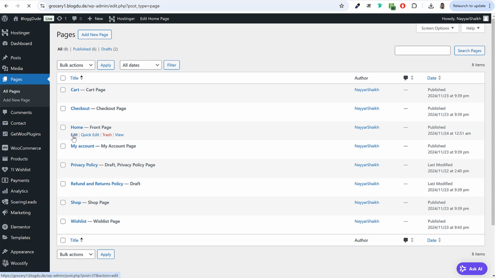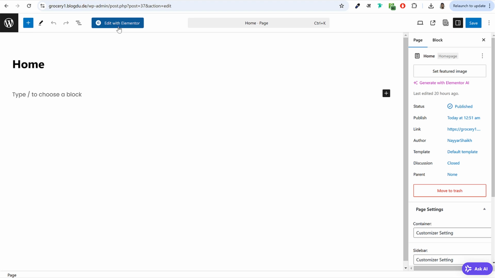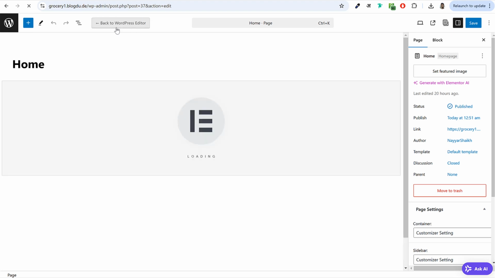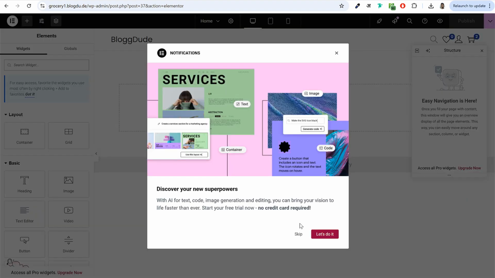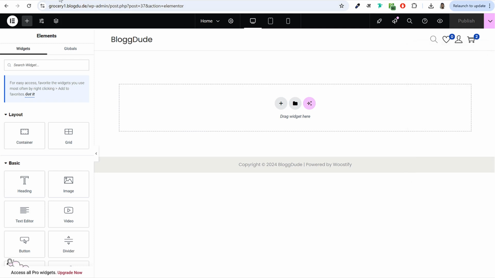So edit the home page. Now because of this plugin, this page builder, you might see a new button over here, Edit with Elementor. Click on this button and now let's start designing this page. You can see these options. We can just get rid of all of them. And now what we'll do is, first of all, let me explain what this Elementor page builder is and